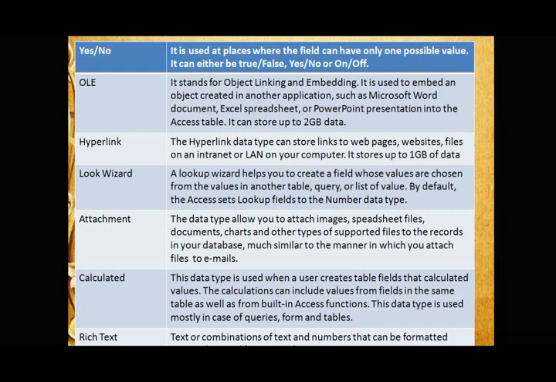Okay, so let's come to our next point, that is lookup wizard. What is lookup wizard? A lookup wizard helps you to create a field whose values are chosen from the values of another table. For example, if I have to select the values from another table or another list, I can take help from lookup wizard. It means I can have a look. For example, you are all drawing something and your partner is also drawing, but you are not getting an idea how to draw it. So suddenly your teacher comes and gives you an idea by drawing it on the board. So you get an idea how to draw it. For that we use the lookup wizard type.